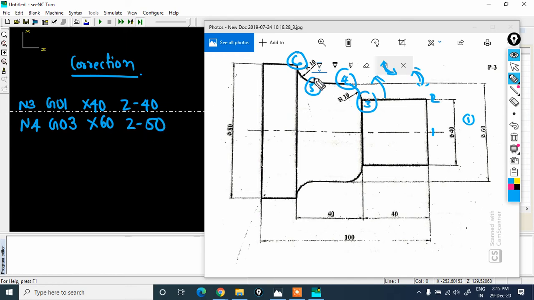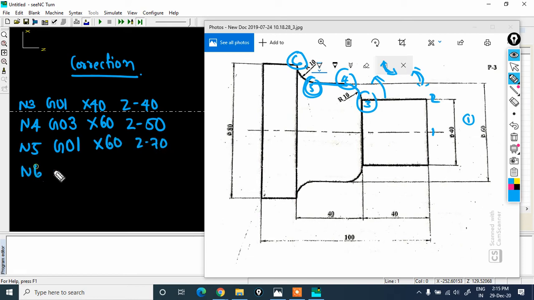And now I will define the fifth position. N5 will be G01. From 4 to 5 we have linear interpolation, no issues. G01, X will be the same 60, Z will be minus 70.